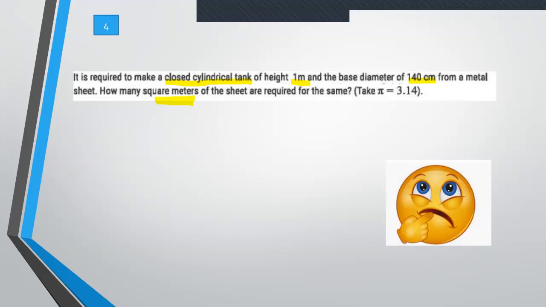It's a closed cylindrical tank, and the value of pi has been told to be taken as 3.14. If you don't take it as 3.14, if it is a subjective question, you might get a 0. But if it is the total surface area, total, because it's closed. It is closed at the top and the bottom. So basically you have to find the TSA.